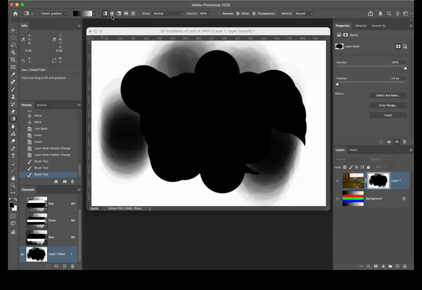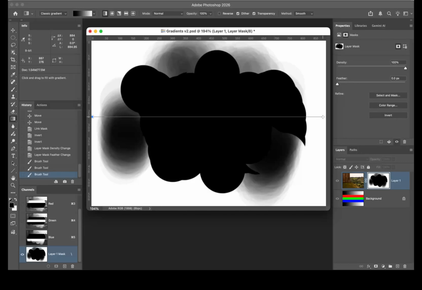And then finally, if you go to the 5 little icons that are to the right of that, these are the styles of gradients. I want you to pick the first one, which is a linear gradient. Make sure that you do have your mask actually selected. And now what I want you to do is come over to the left-hand edge of your image, click and start to drag to the right and go all the way over to the other side,